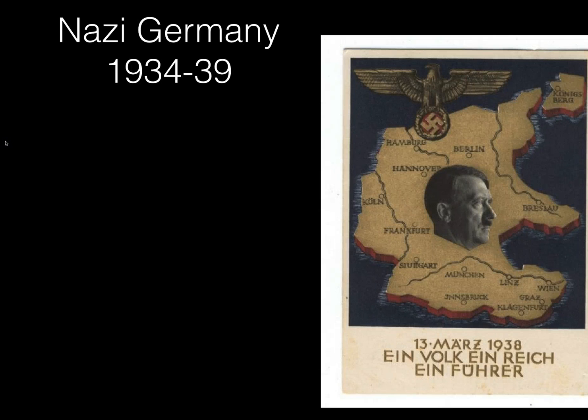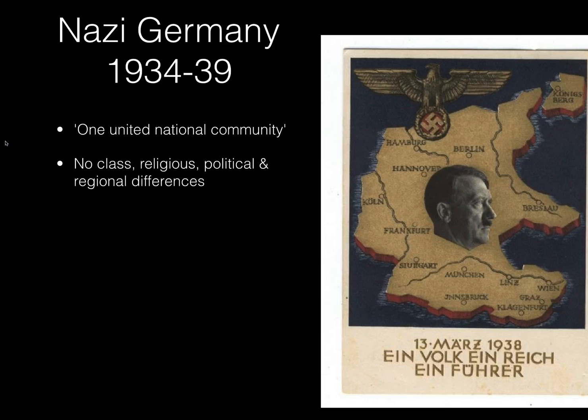Let's have a brief look at the period of Nazi Germany from 1934 to 1939. We've already talked about this Volksgemeinschaft, one united national community with no class, religious, political or regional differences. He wanted it united along racial, national lines, this mythical concept of an Aryan race. He wanted all aspects of German life, every organisation in the public and private sphere, to be rerun along Nazi ideals